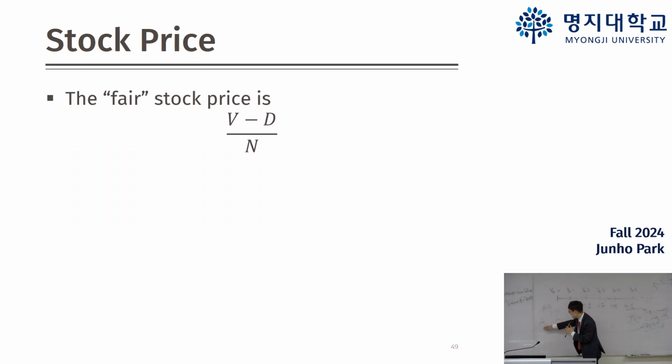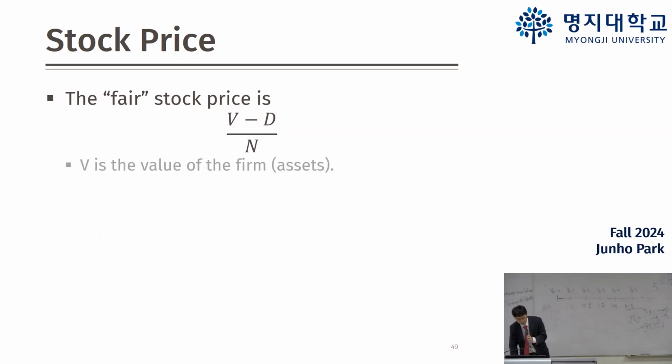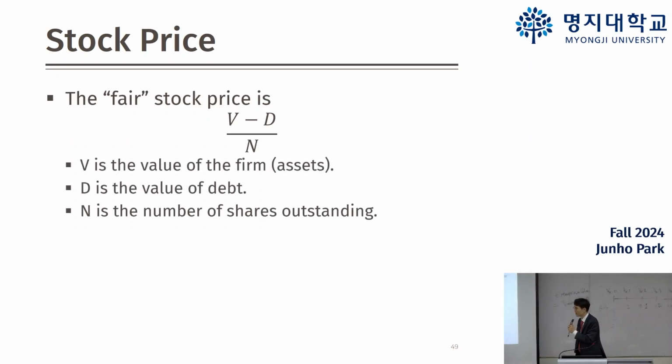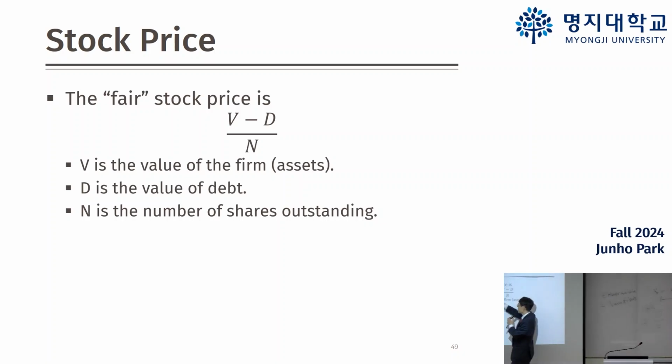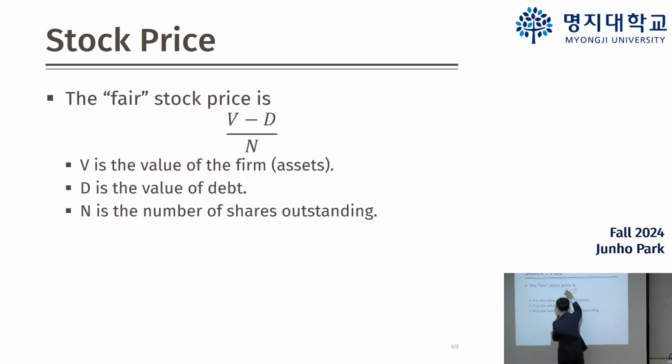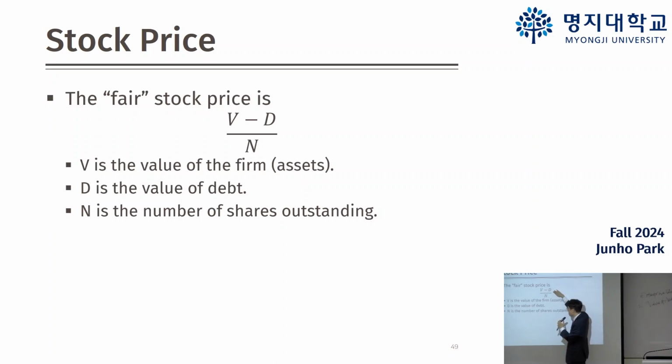You have assets, and if you deduct debt, you get the equity. And the equity is the stock, so the stock price is this equity value divided by the number of shares. So therefore, the fair stock price should be V, the enterprise value, minus D, the value of debt, divided by